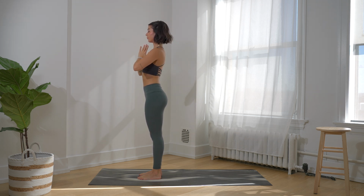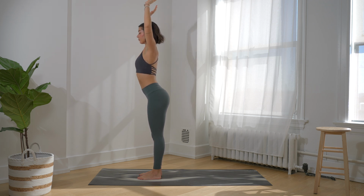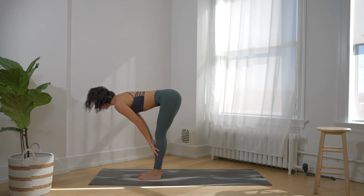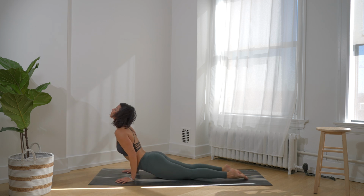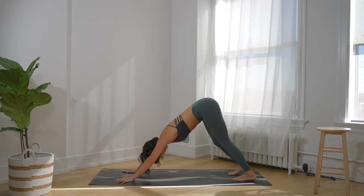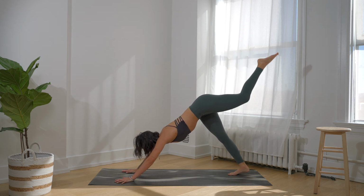We'll repeat that on the other side. Inhale, sweeping the arms up towards the sky, and exhale, fold. Inhale, halfway lift. Placing our hands down as we step back to exhale, chaturanga. Inhale, upward facing dog, and exhale, downward facing dog. As we inhale, we'll sweep our left leg up towards the sky, and then exhale to step it through for